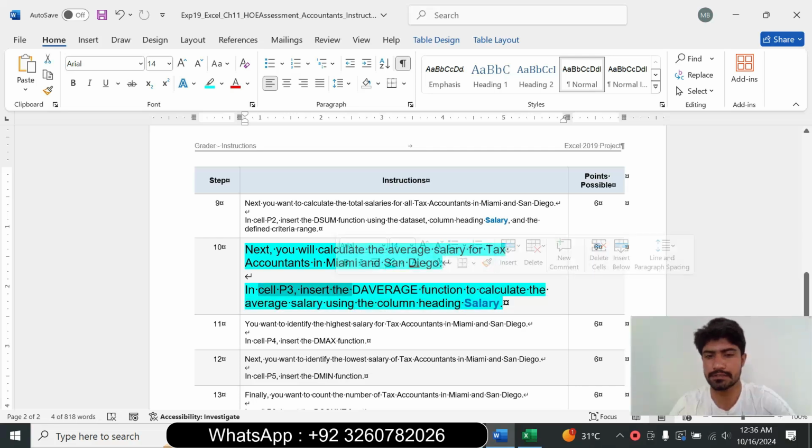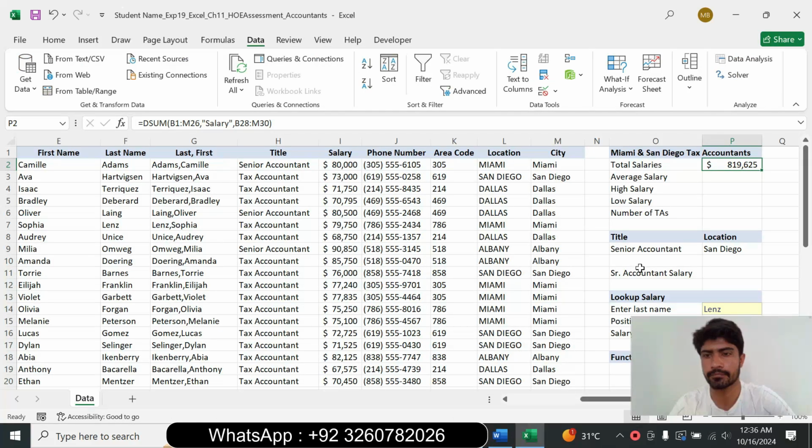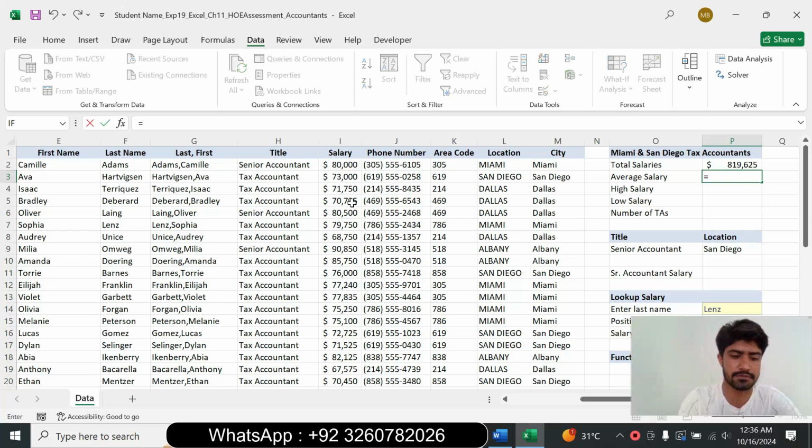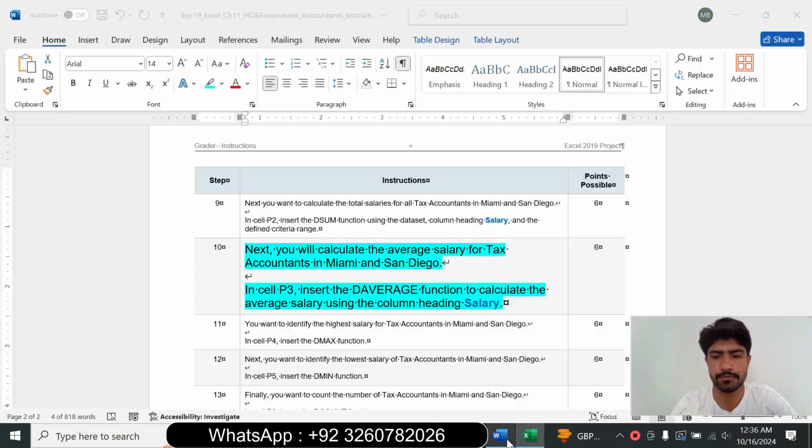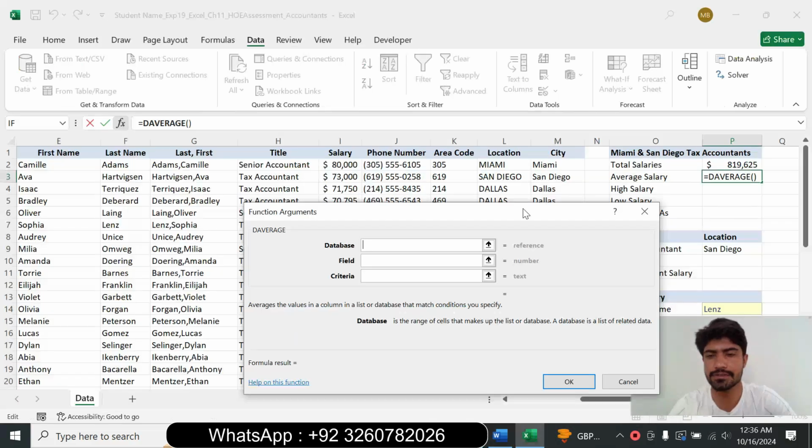Select cell P3 and type equal to and type the DAVERAGE function. Open the DAVERAGE function